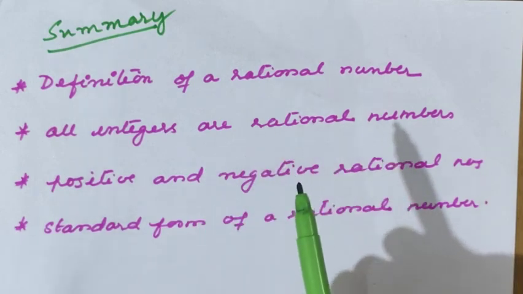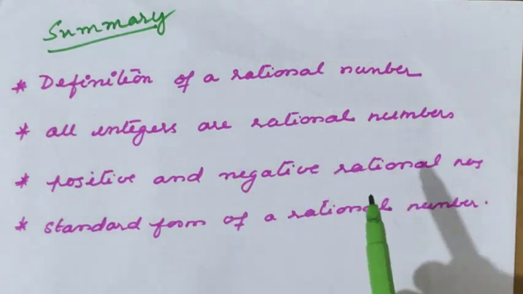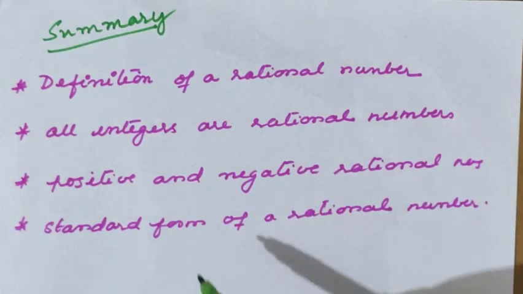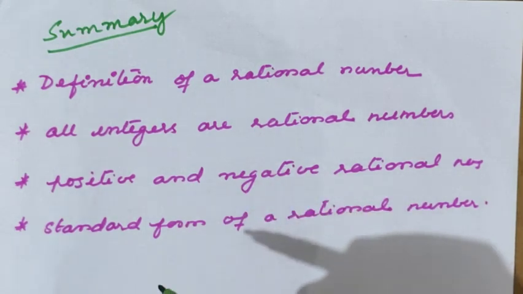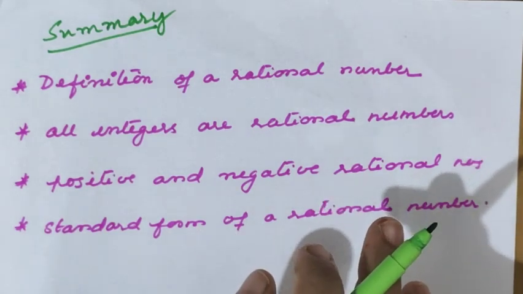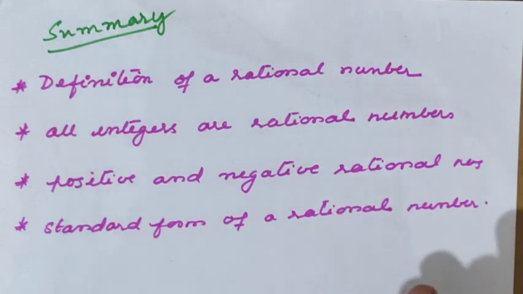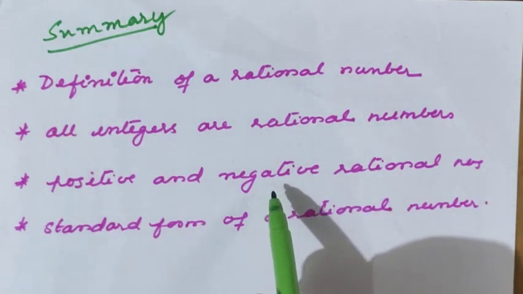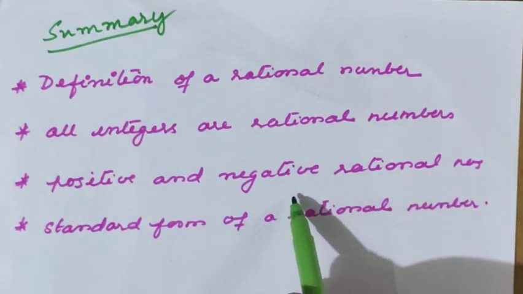Example, minus 2, one negative integer I am taking, minus 2 by 1, 0 by 1. If I am taking one positive number, 10 by 1. All three you can see are expressed in the form p by q. Now positive and negative rational numbers: positive means both the numerator and the denominator have the same sign, either positive together or negative together. So if numerator is negative and denominator is negative, finally the result is positive only. Negative means only one of them, either numerator is negative or the denominator is negative, then the result is